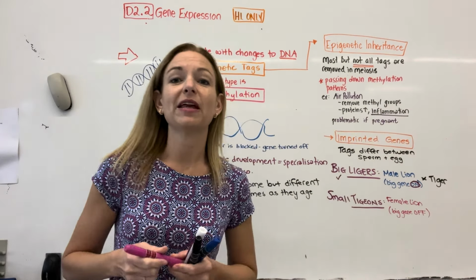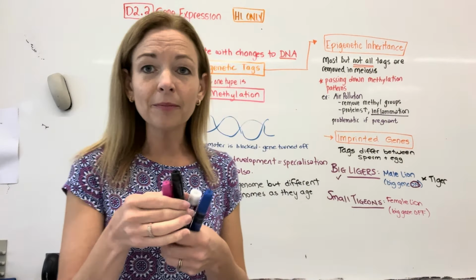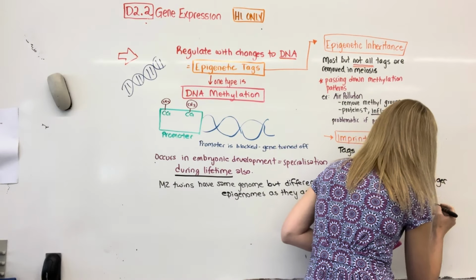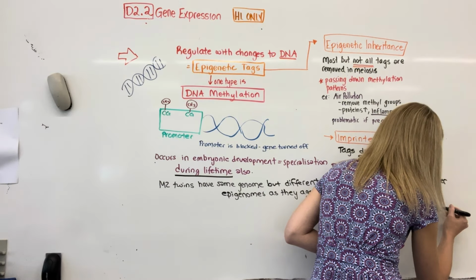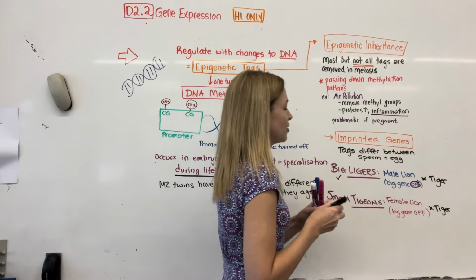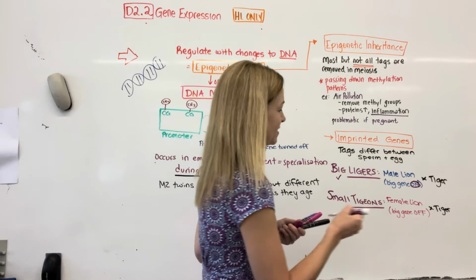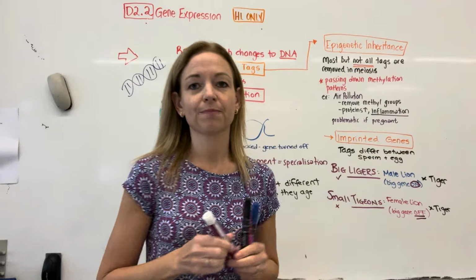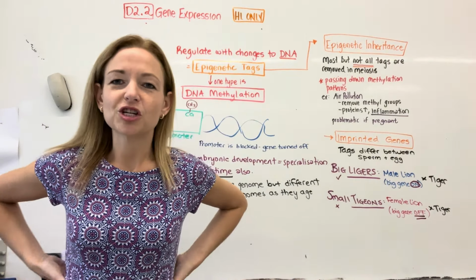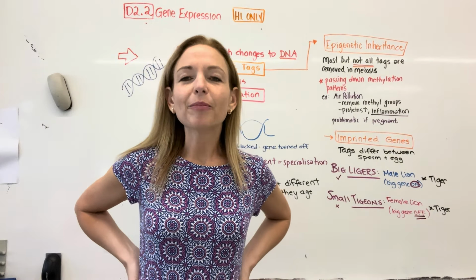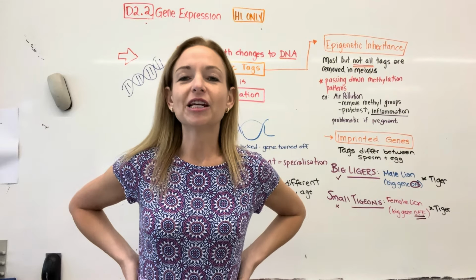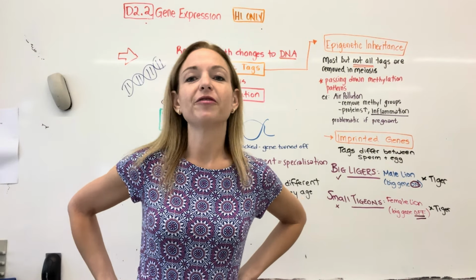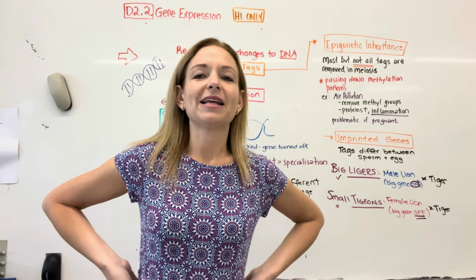Normally she would mate with another lion and it would end up medium. But because she mates with a tiger, it doesn't have any version of that. So as a result of the fact that this is off, they're going to end up being small. So they don't have a different version. So that's showing an example of how sometimes methylation patterns vary kind of by gender, and that is kind of